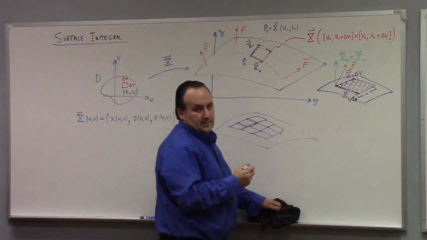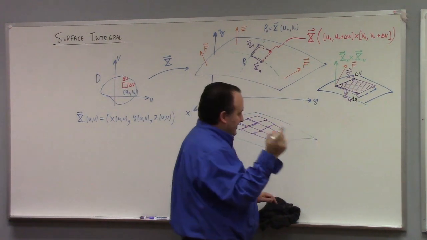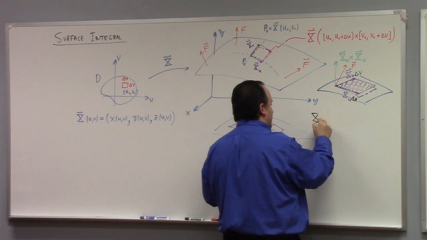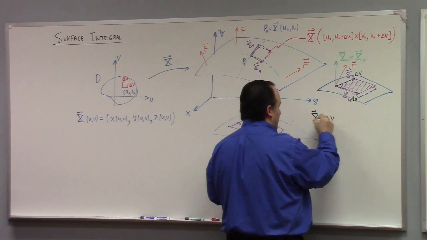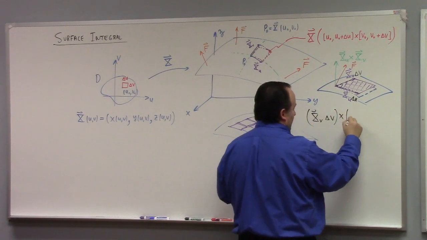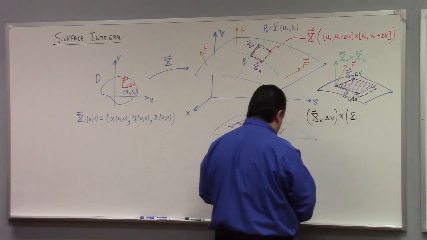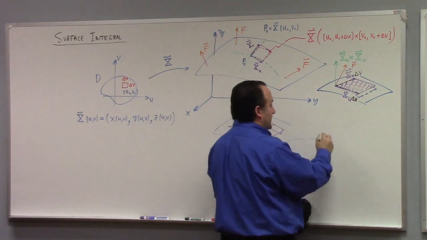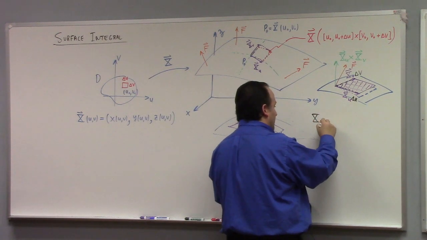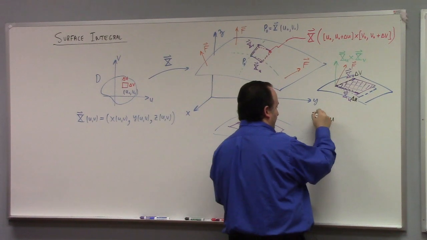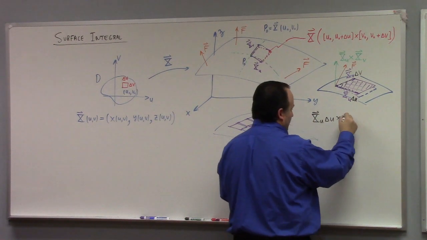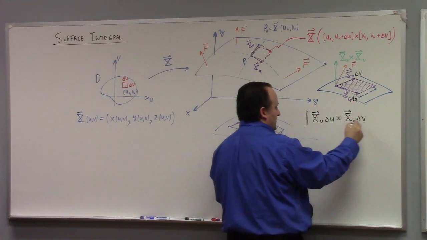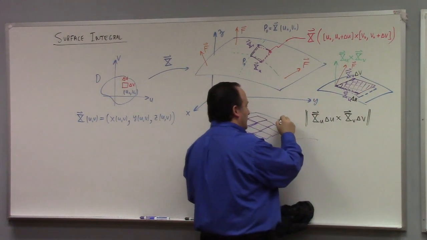And then the cross product: xv delta v cross xu, other way around, my bad. I got to do the u first, the v second, that's the rule. So if I do xu delta u cross xv delta v, the magnitude of that should be equal to the area